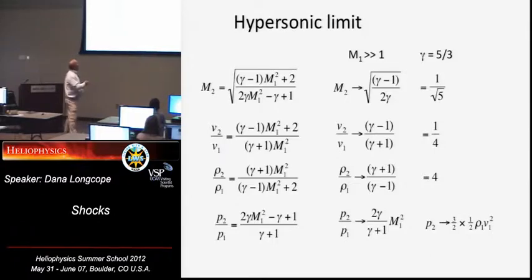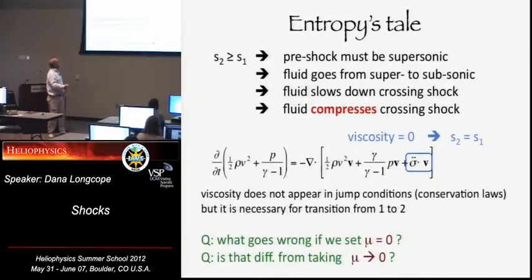The downstream density is only 4 times the upstream density. That is the limit. You cannot increase the density of a plasma by more than 4. Thou shalt not increase density by more than 4. Okay,